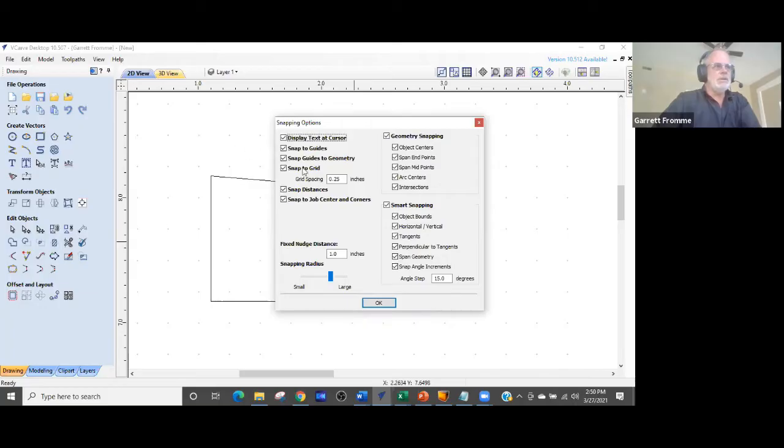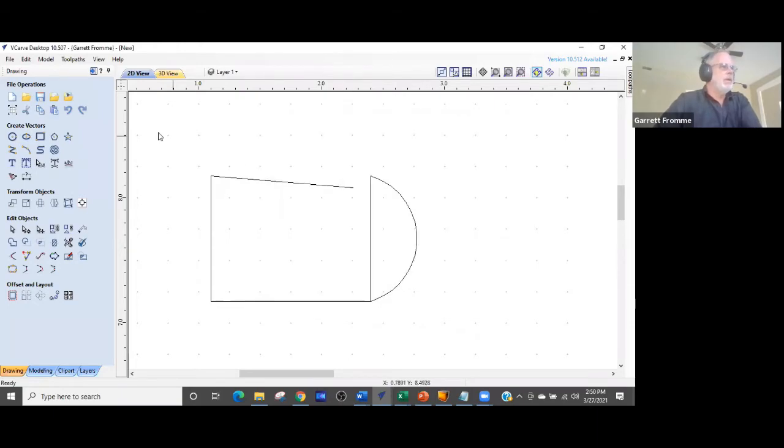I'll demonstrate that in just a moment. You can see below here is a number of 0.25. That number tells you how far apart these snap points are from each other. So right now they're 1/4 of an inch apart. The snap to grid is checked, and when I draw a line,